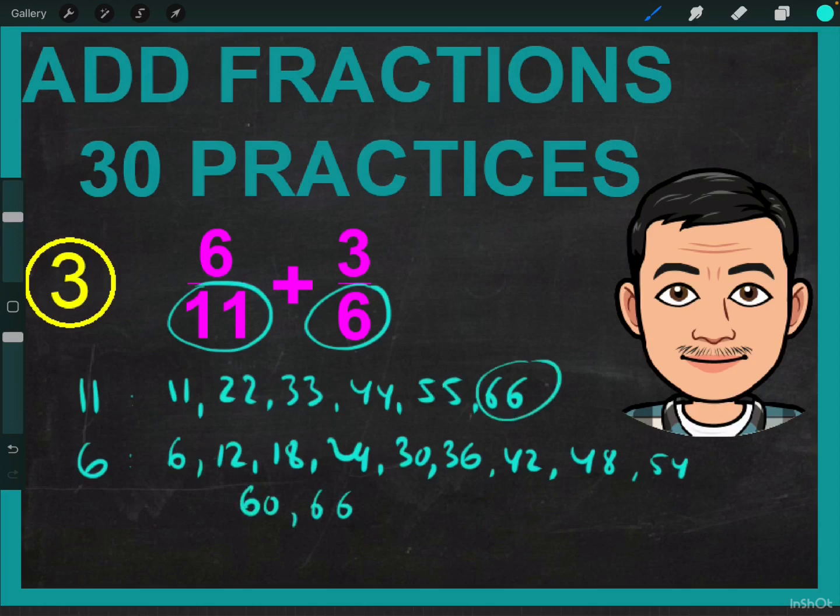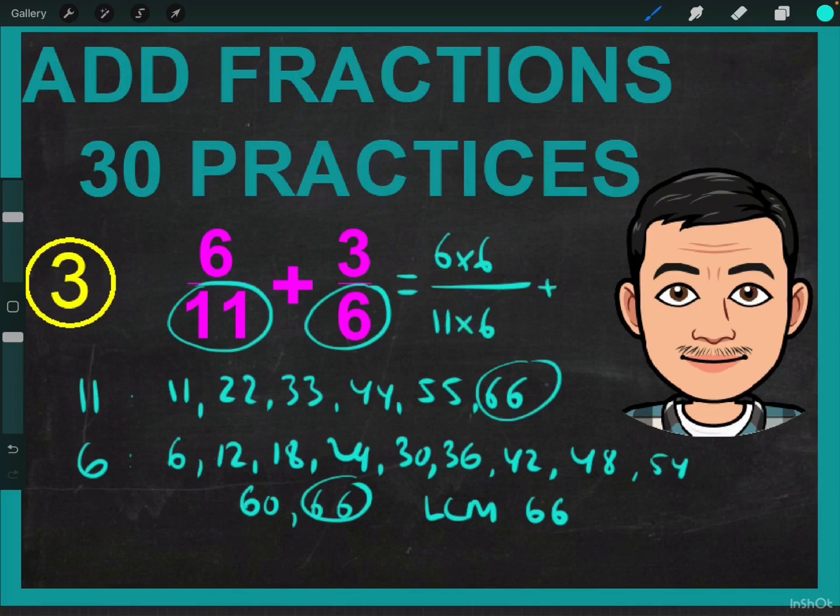So we have 66 is the LCM of 11 and 6. So from there we multiply 6 by 11,